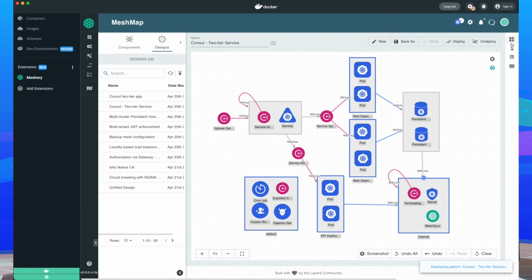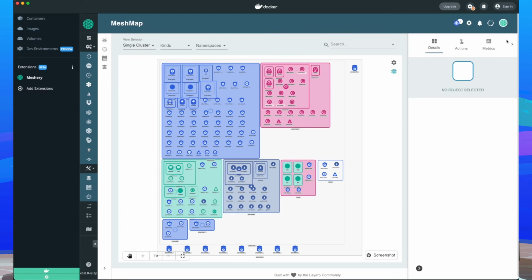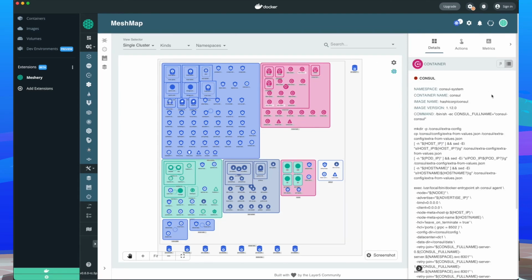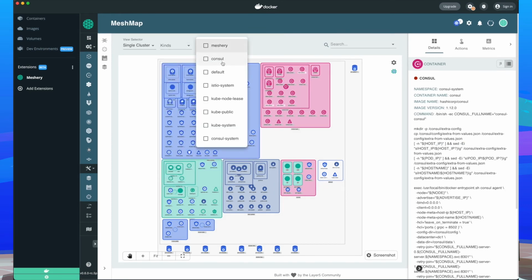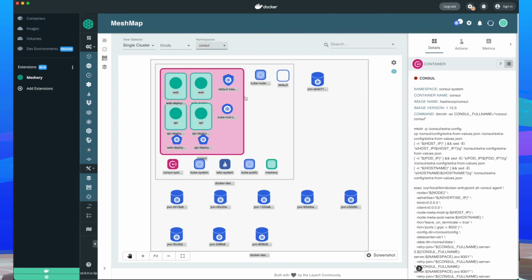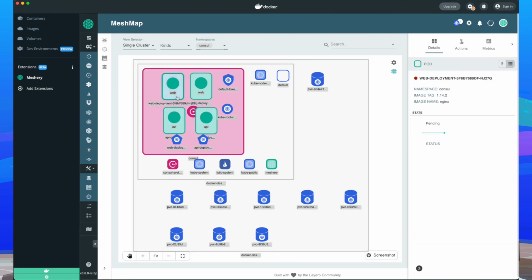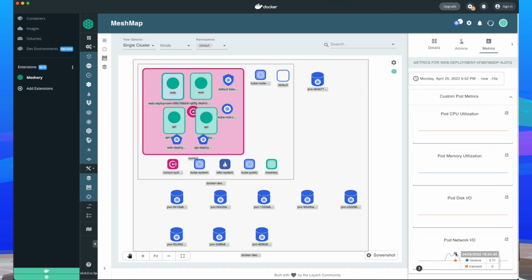And while that's deploying, I'm going to move over to the environment and grab some additional detail about the state of the systems that have been deployed and what's going on with them. So we can filter on our namespaces and take a look at our API and web deploy that we've just made. You can see we've got a pod. This pod probably has some metrics, things like network in and out.